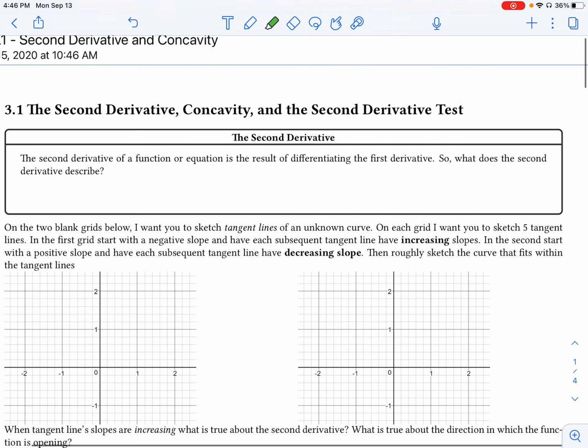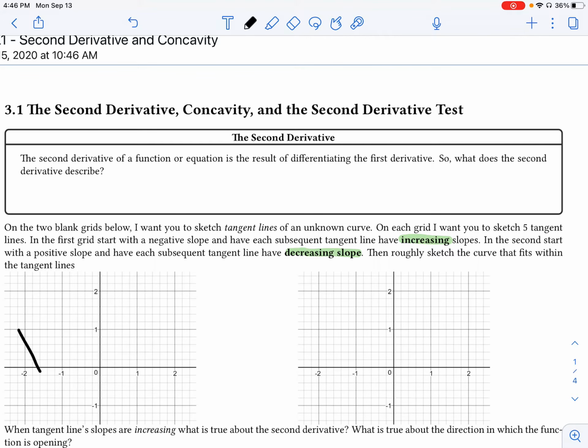I'm going to highlight that, an increasing slope. And in the second graph, I want you to start with something that has a positive slope, and each subsequent tangent line now has a decreasing slope. So go ahead and give that a shot right now and see if we can come up with a curve that fits those conditions. So for me, for this first one, I'm going to start with a tangent line that